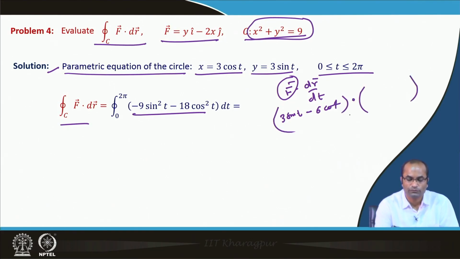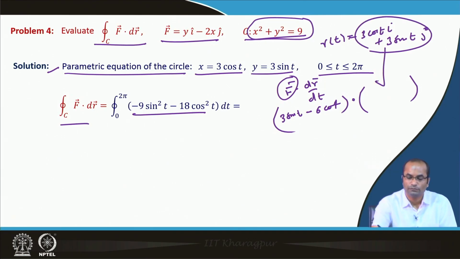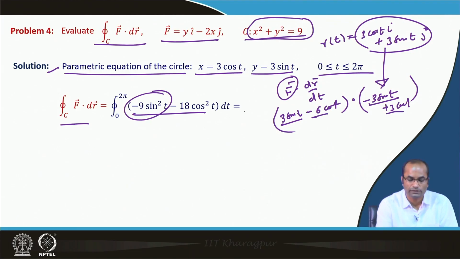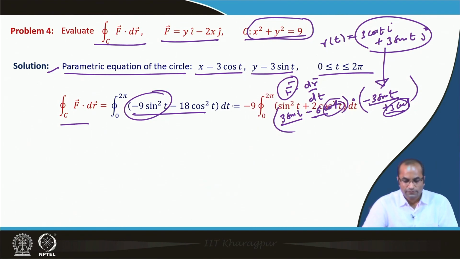Then dr dt we have to compute, because r is given as 3 cos t i plus 3 sin t j. So, r of t is x i plus y j, that is 3 cos t i plus 3 sin t j. From here we will get the derivative: minus 3 sin t will come in this place, and 3 cos t in the other. Then the dot product: 3 and 3 we will get 9 sin square t, and 6 times 3, so 18 we will get as cos square t. This integral we can